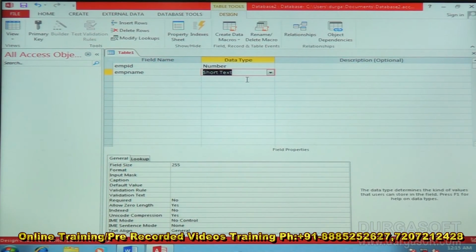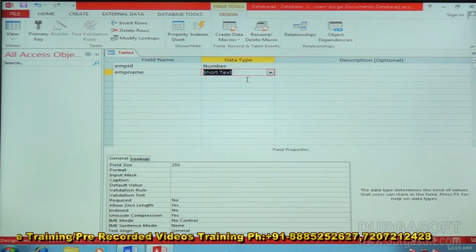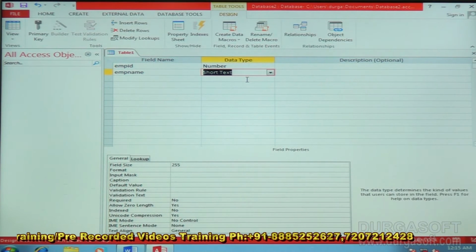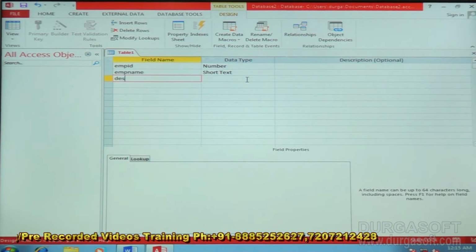Just write here as short text. Employee name in short text means it accepts only the names, it doesn't accept numbers, because in names we don't have any numbers. So if you want to do that, we can select the short text. Next, designation,